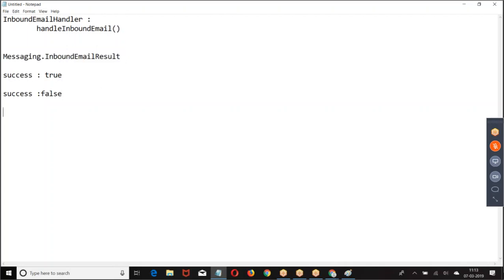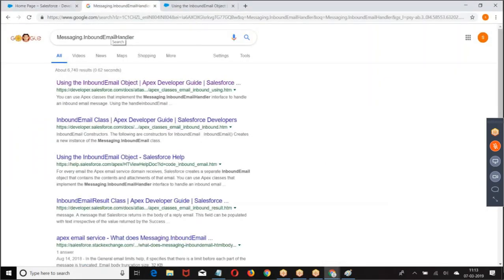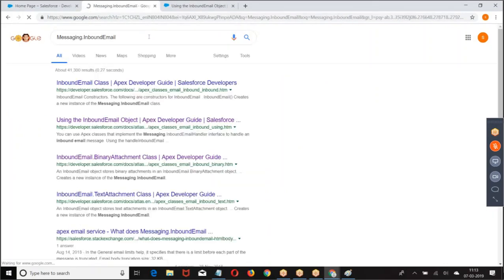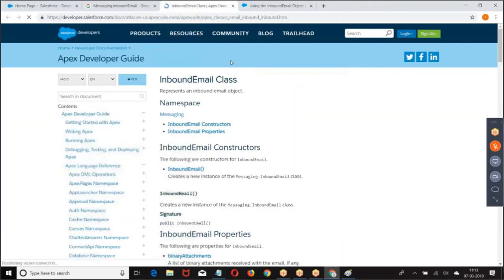Next one we have Messaging.InboundEmail. Whatever the mail you send me, that mail is stored in InboundEmail. So Messaging.InboundEmail.